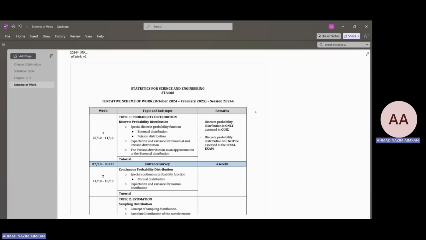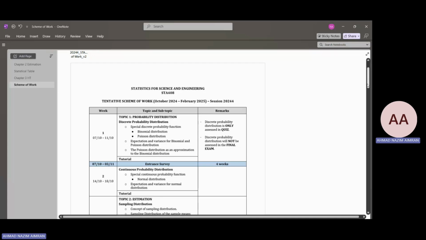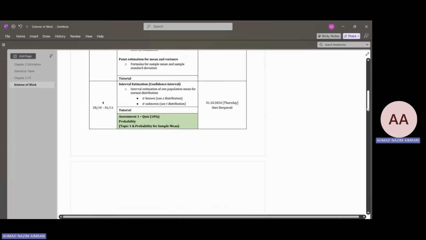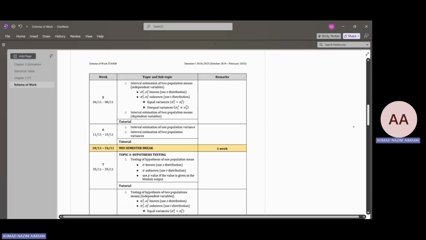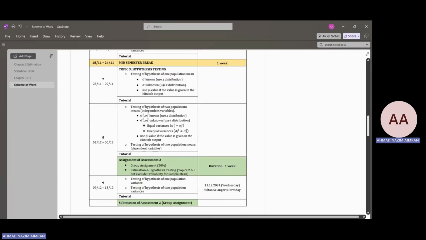Okay, all right. So, this is the scheme of work again, and we are now in week 7. Okay, we are now here. Starting from this week, we are going to discuss topic 3, that is hypothesis testing. And the first subtopic in this chapter is to discuss about